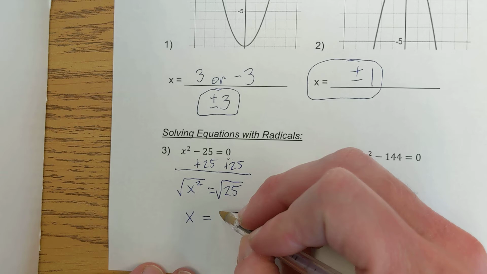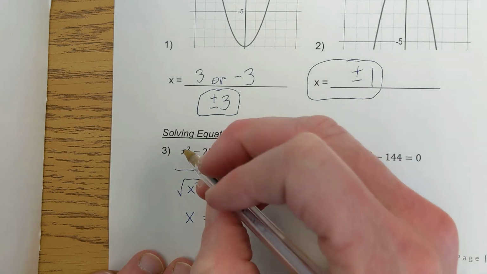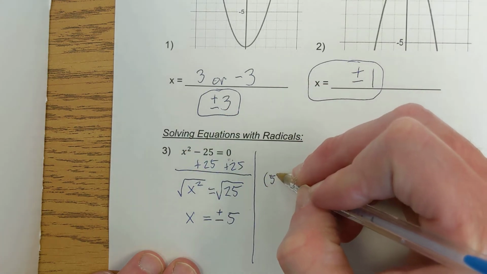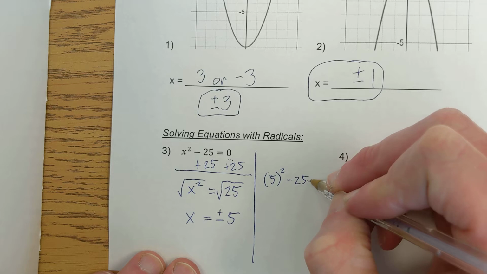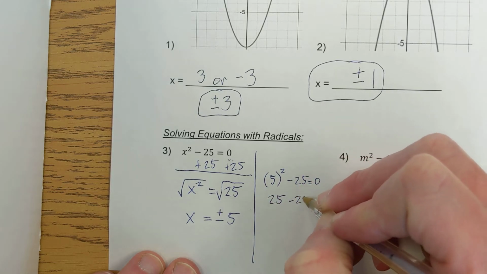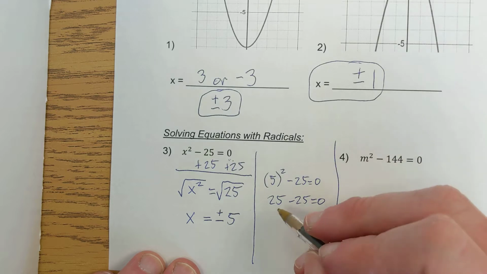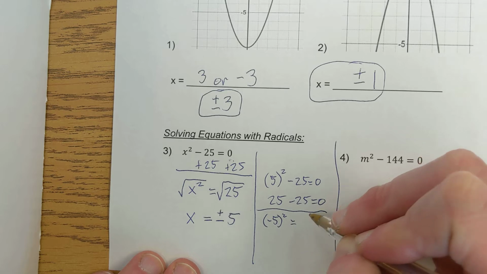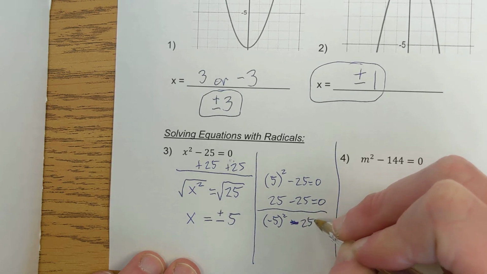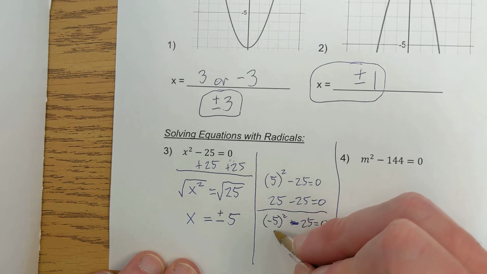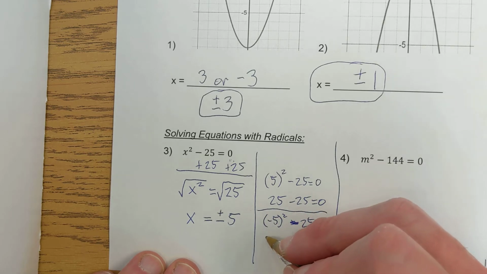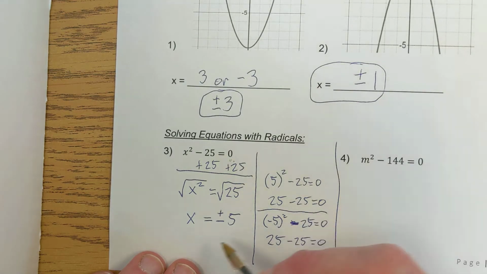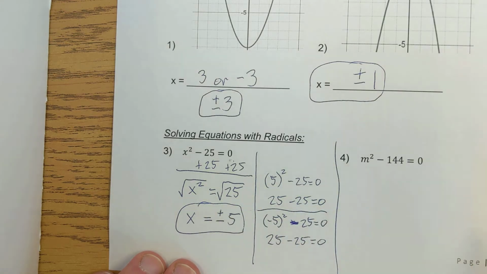With x squared, we have to account for positive or negative. If we plug this in, 5 squared minus 25 will equal 0, because you get 25 minus 25. And if we do the same with negative 5 squared minus 25, equal to 0. If we make sure to use parentheses, negative 5 times negative 5 is a positive 25, and that gives me 0 as well. So I'm just explaining the reason why it's plus and minus when we solve this,